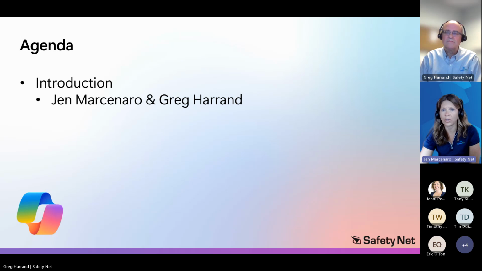Just for a quick intro, if you're not familiar with SafetyNet, we're a managed IT provider. We work with small to mid-sized businesses, managing their IT. We highly value our relationship with our clients and security. As we know, the threatscape is moving very quickly. IT moves quickly, and security is in turn moving quickly as well. Along with that is the introduction of AI, which we all know has also taken over the world very fast.